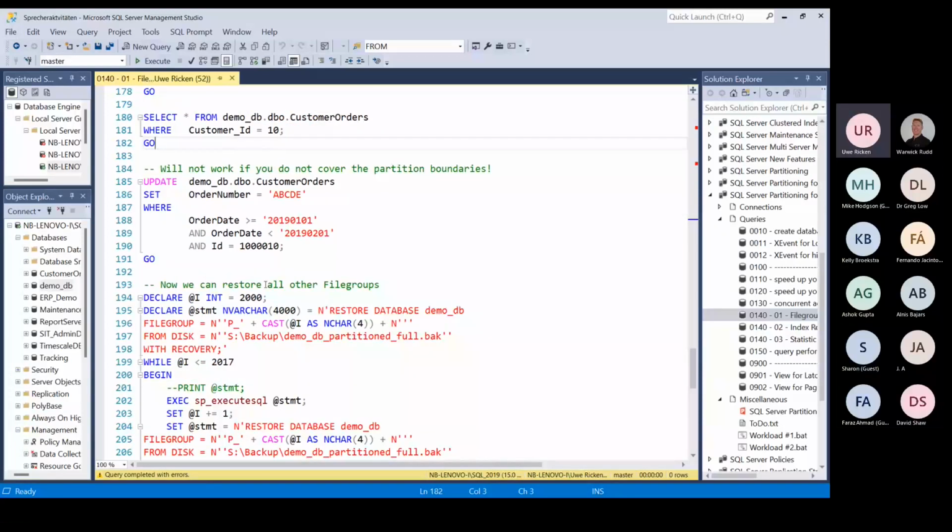But this one here, this will work. Because now I say update my customer orders with the ID, and you see here that I now have my partition key as part of the where clause. So it's a predicate which eliminates other partitions. SQL Server now definitely knows that it only has to touch the partition where the 2019 data are in. I run this